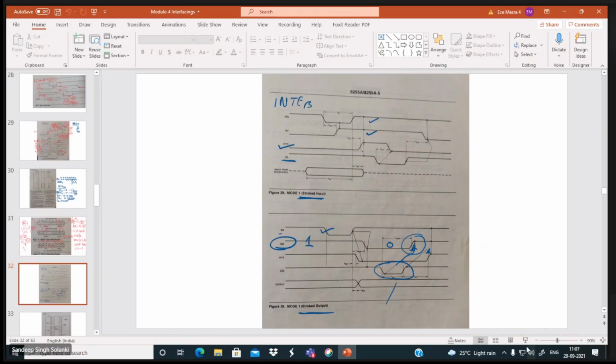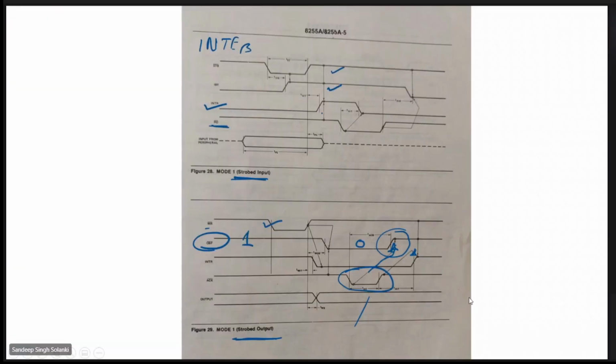But you have been taught by Karthik sir, isn't it? He must have taught you some of the examples related with program IO and interrupt IO. Today, I'm going to tell you about its timing diagram. Based on the timing diagram, you can see how the effects are going to be.